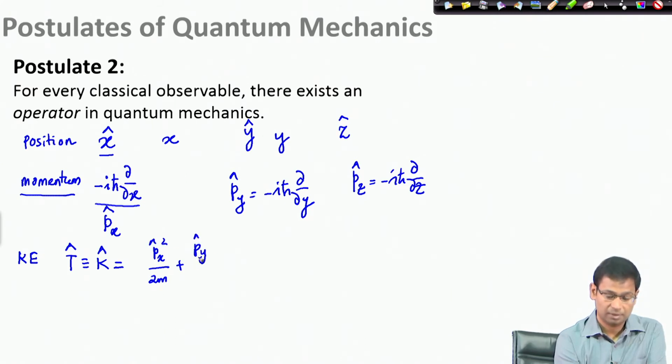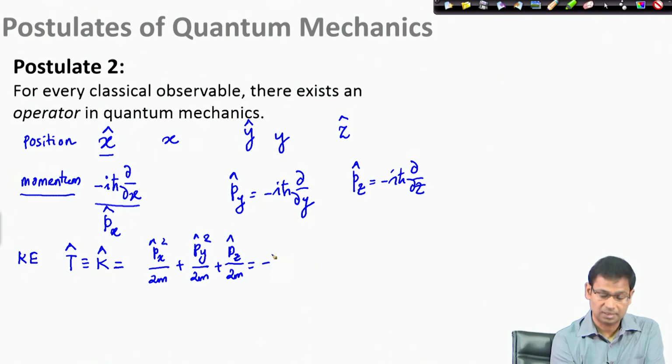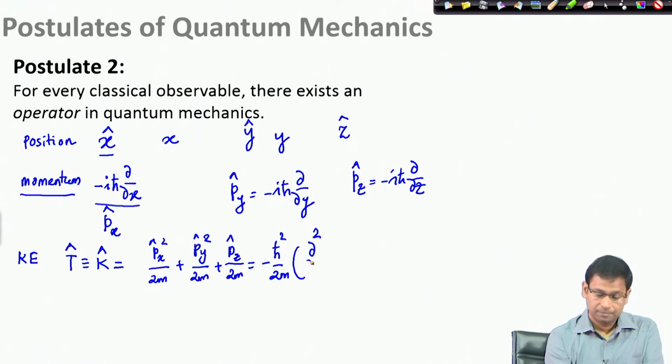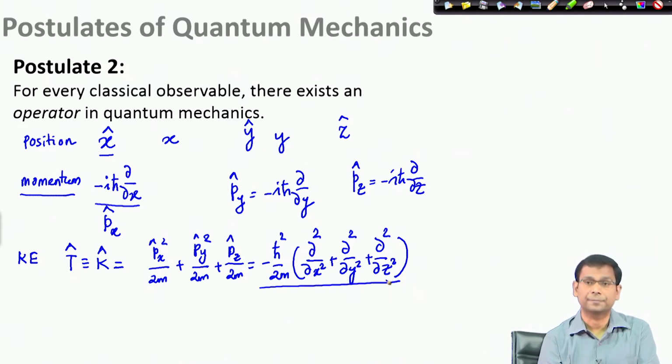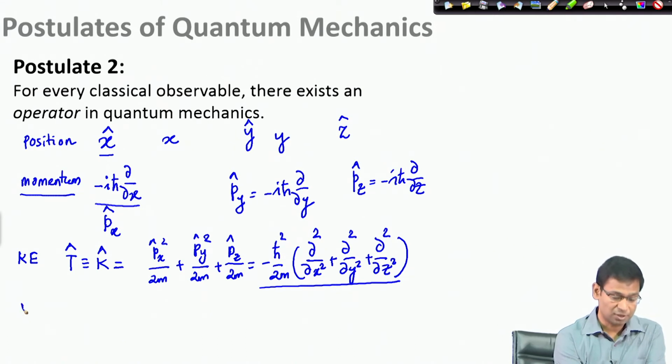So, this is... which is essentially, if you solve it, you would get... so this is the expression for the kinetic energy operator. The potential energy operator V, this is potential energy,